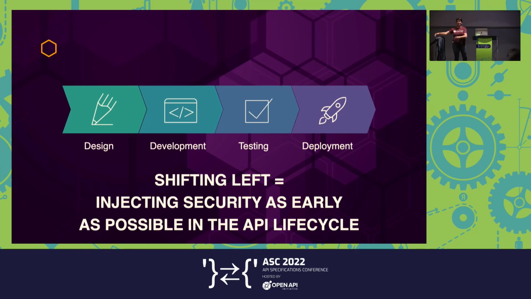When an application is done, we throw it over to the security guys and say, go test this. That doesn't work too well, because there's a lack of understanding between the two teams on what it is that we're actually testing and working on here, right? So we need much more